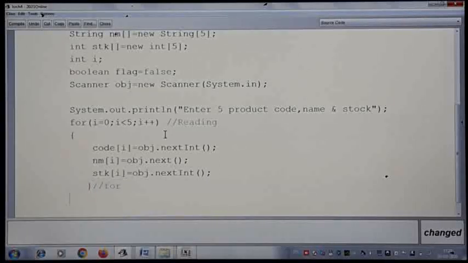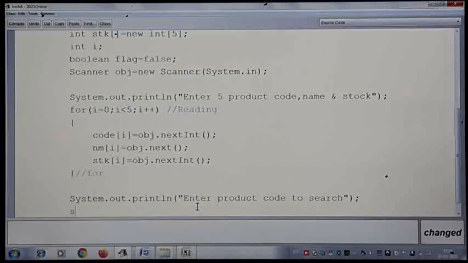Immediately we will ask the user to give the search element, because we are going to test how exactly linear search works by reading the array. So we are giving both in a single program itself. But normally, practically, the array will be available already and you start from searching. So we finish with reading the array. We are asking now, enter product code to search.